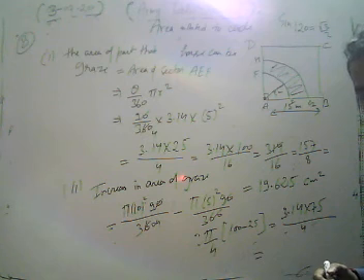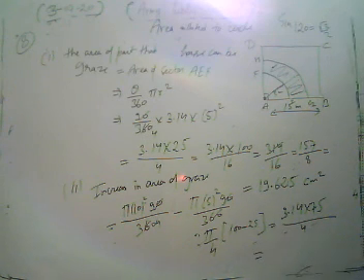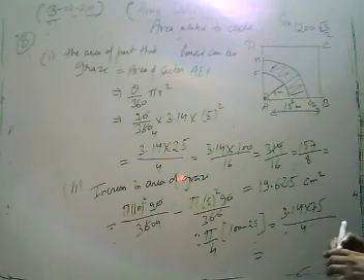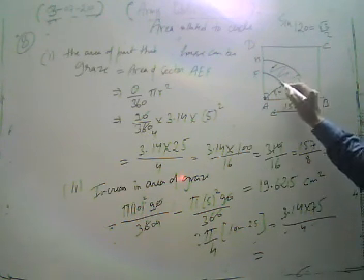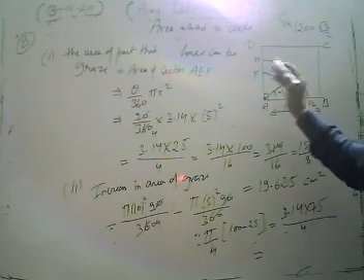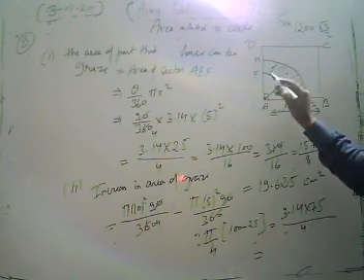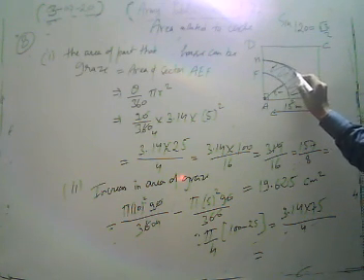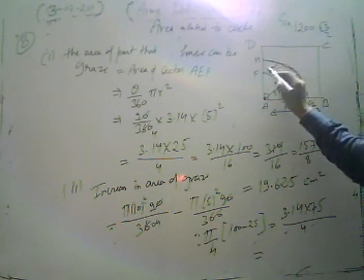I am not going to solve this. You have to calculate it at your home. Now look, in this problem what do we have? First of all, we have to find the area when the rope is 5 meter. Then after that, we have to find the increase in grazing area when the rope is 10 meter. Then in the second part, the area of the bigger sector minus the area of the smaller sector.